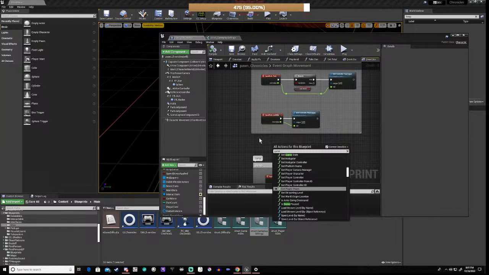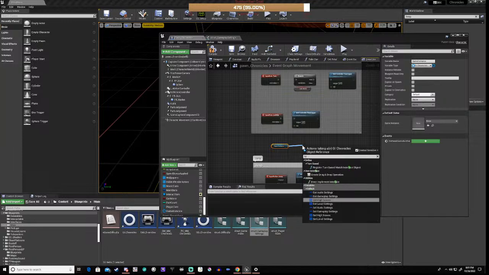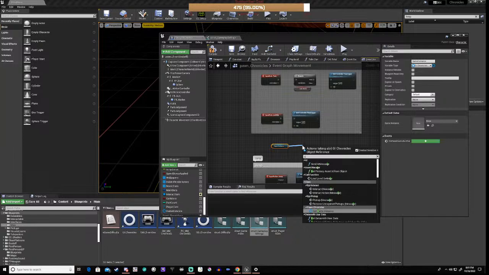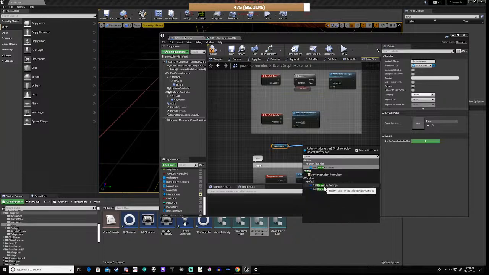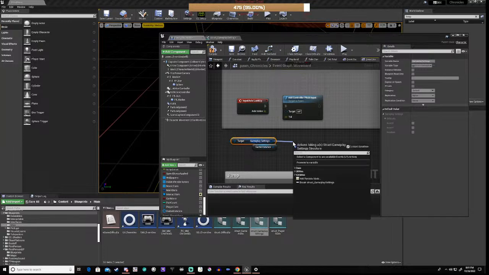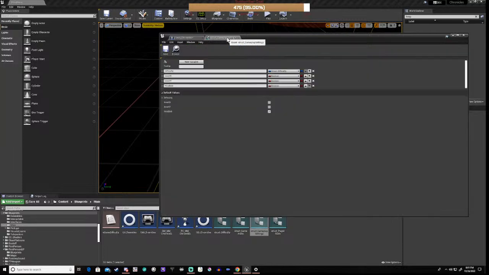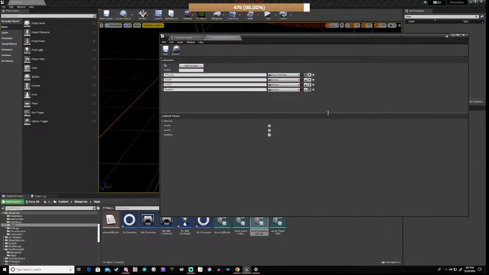So in the meantime, we're going to get game instance, gameplay. We're going to use this in a second. Gameplay settings, and we're going to break that struct. Now we don't have this quite set up yet, but we can save it there and we can go to our struct gameplay settings,